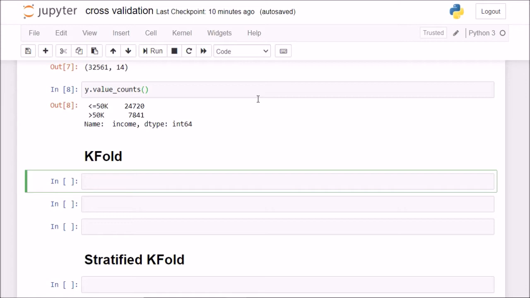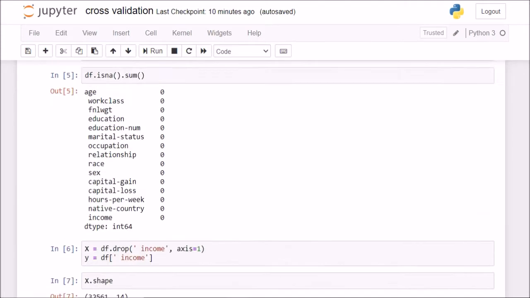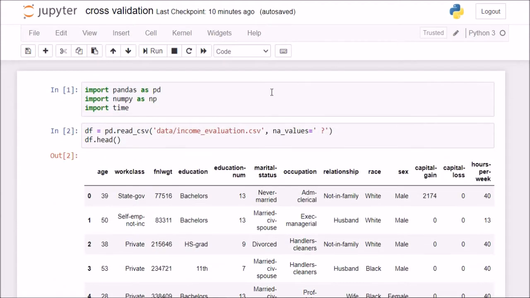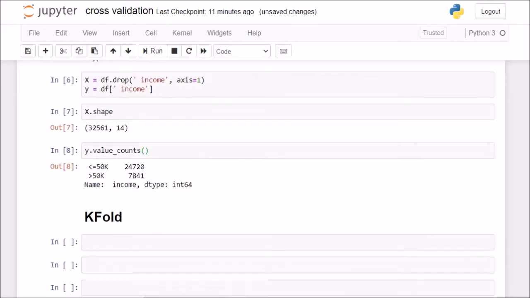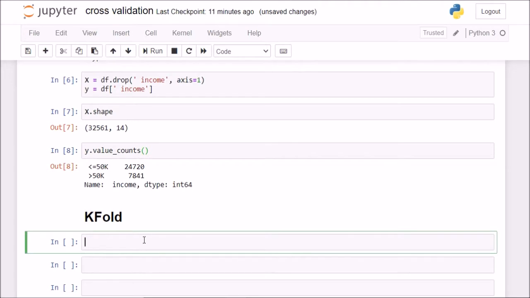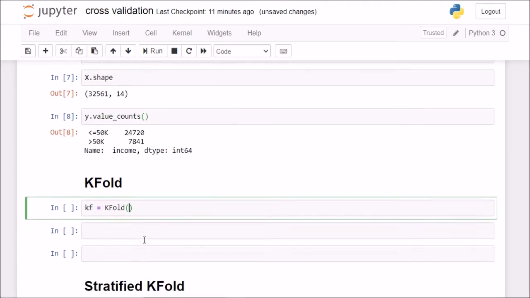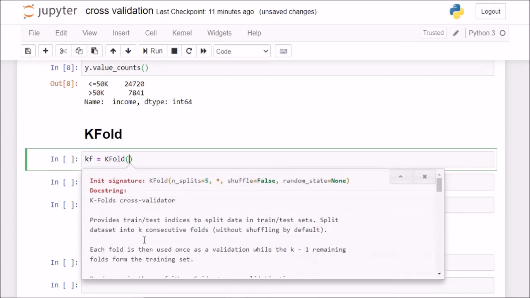Now I'll first have to import the KFold class, so I'll say from sklearn.model_selection import KFold. So now KFold is imported. Now I'll create an object called kf, and if I check the documentation, learning how to use documentation is also very important.